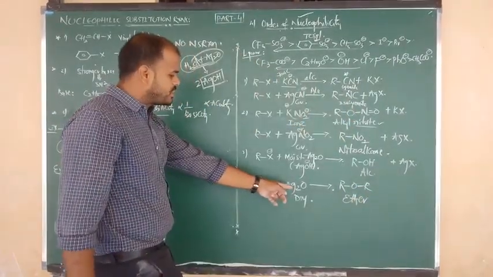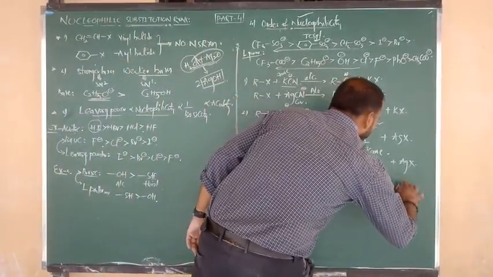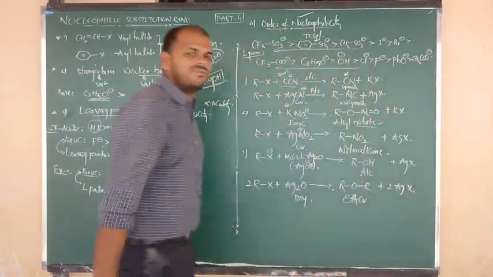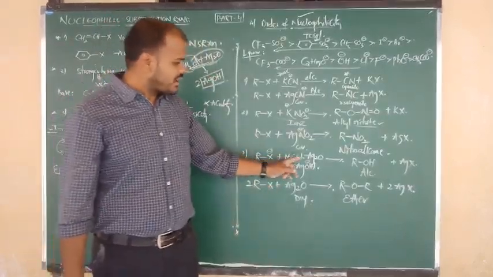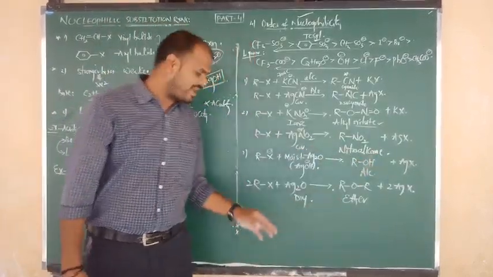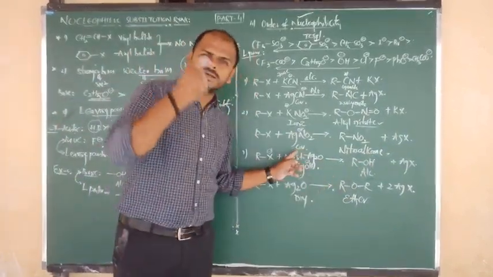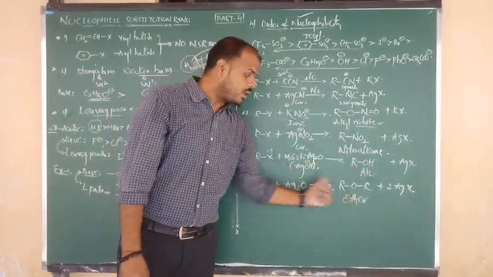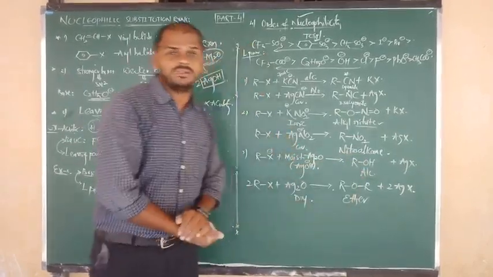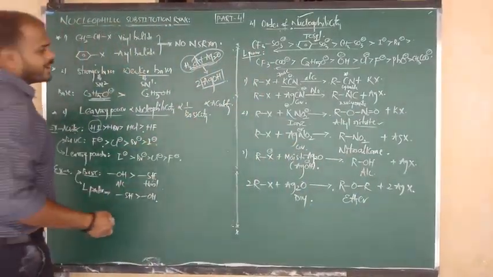And what is the byproduct? 2 moles of silver combine with 2 moles of halogen, and we write it in the form of 2 moles of AgX. Statement: alkyl halides on reaction with moist silver oxide give alcohol, and on reaction with dry silver oxide give ether. Moist means presence of water, OH, alcohol, and dry silver oxide gives only oxygen in the form of ether. I hope you understand. Yes, another 2 to 3 properties are there that will be finished now.